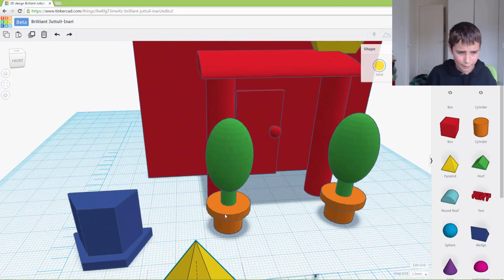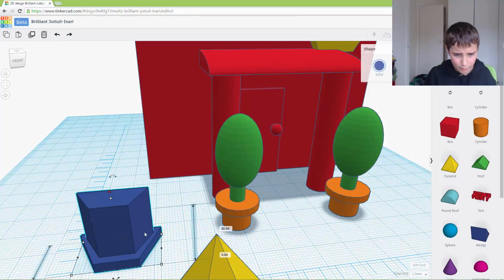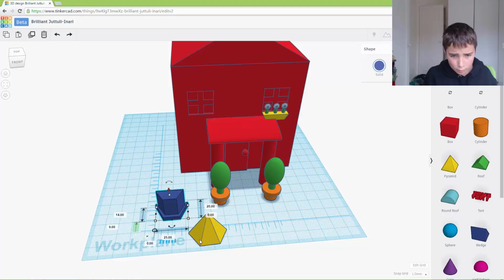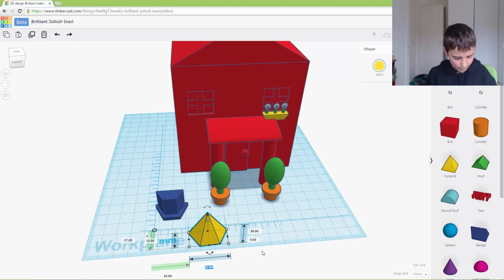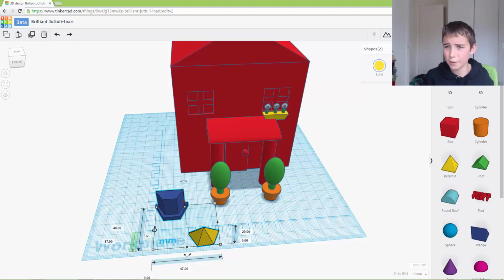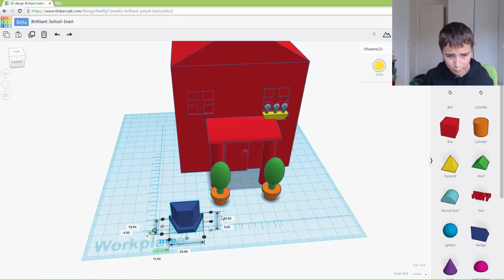So how big is this? It is 20 by 20, so we want to make this 22, and we want to make it so it is 12, and we want it 5 high. Now we want to align it. We want to put it in the middle,